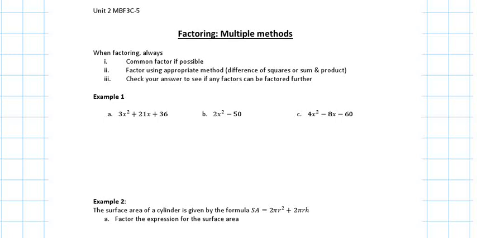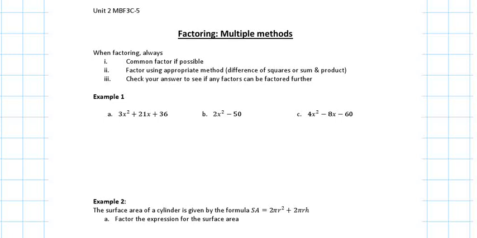Okay, so what we covered yesterday was the three types of factoring that we're going to learn about: common factoring, difference of squares, and the sum and product. But what we saw yesterday was specific factoring. So it was either factored by difference of squares or factored by common factoring. Now, in real life, we don't have that, right? It will be a question that asks you to factor, and it's not only one type of factoring. You might have to use multiple kinds of factoring in order to get to the most factored